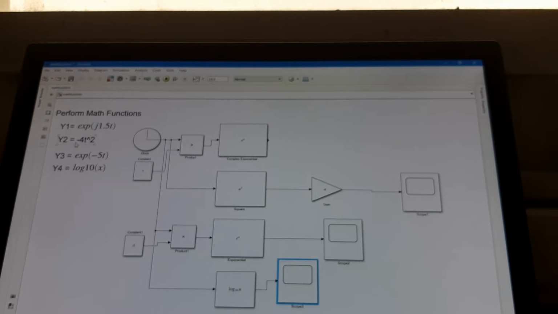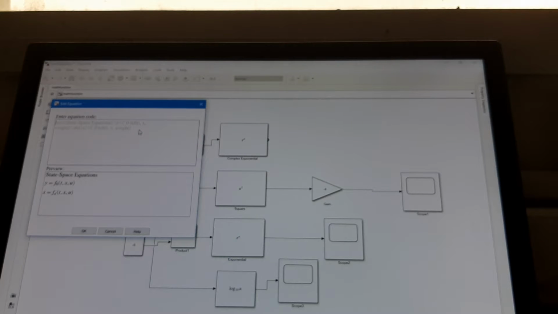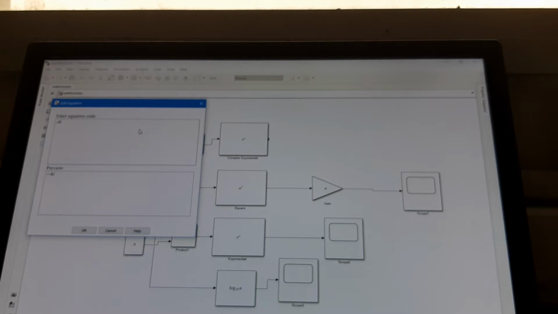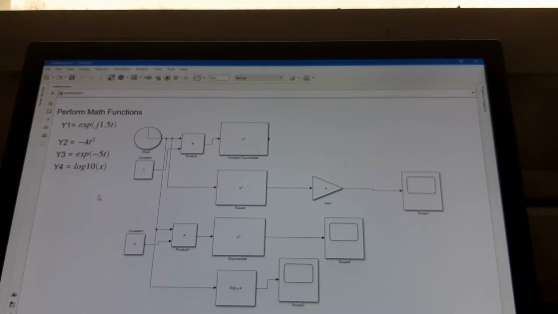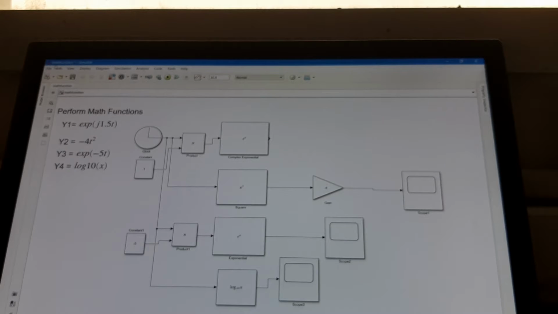Position your mouse cursor over this annotation, then double click and select this expression on the right hand side, then select insert equation, type the minus 4t raised to the power 2 and then click OK. So you can see, click somewhere outside the block diagram, or click somewhere on the unoccupied area.